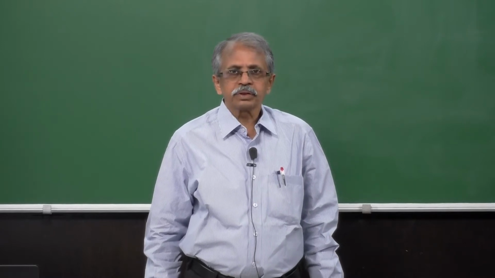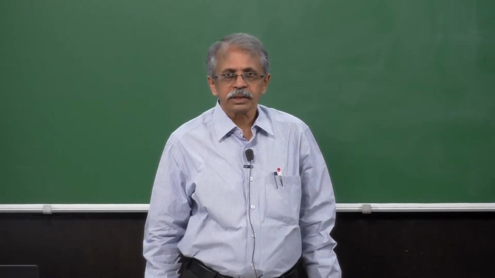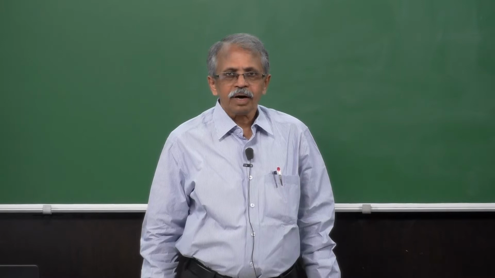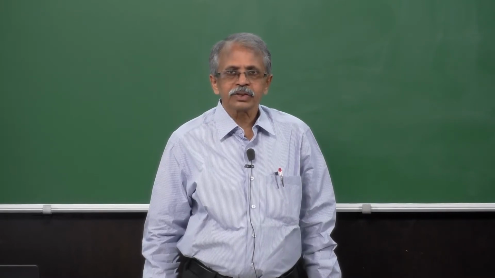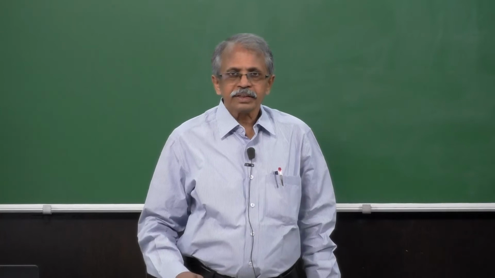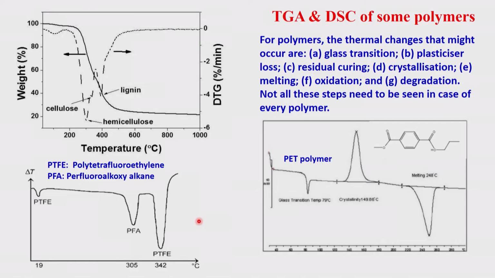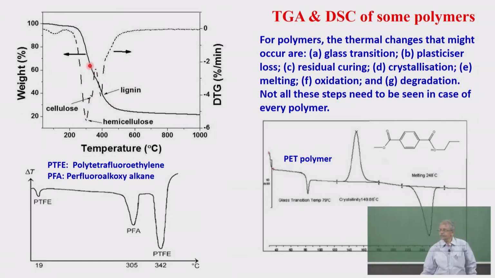And lately we were looking at some examples particularly of organic or polymer nature. So let's continue with a number of applications in this class, so that whatever we learn from these thermal methods becomes very applicable, and we can understand everything in order to identify as well as quantify the compounds. So look at this example that I have on this slide here. This is a mixture of lignin and cellulose, these kinds of polymer mixtures. You can see there is one thermogravimetric drop in the weight, and there is another